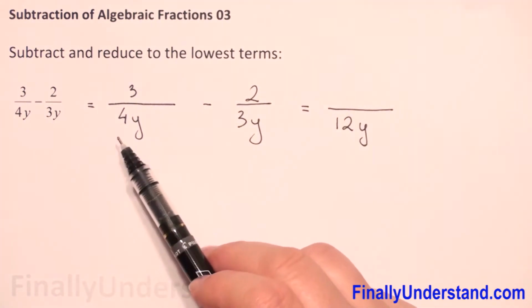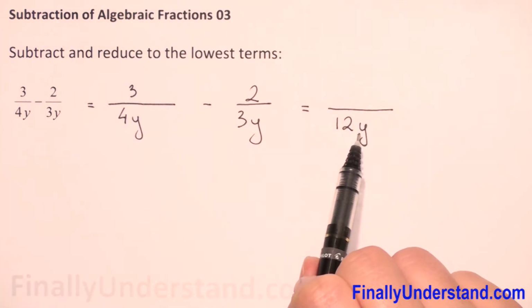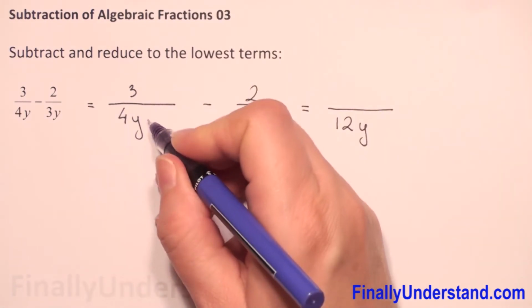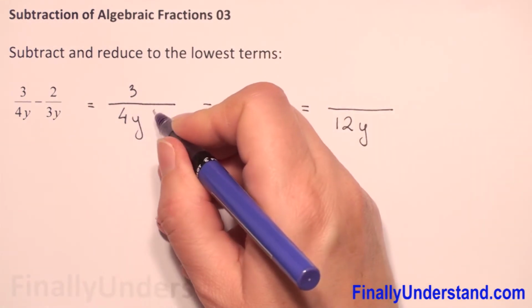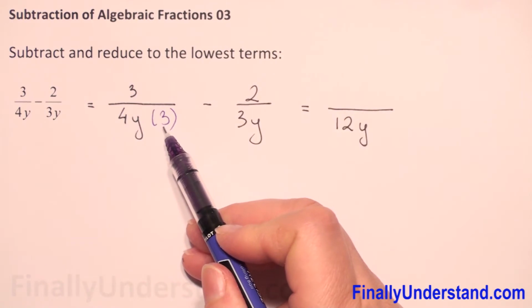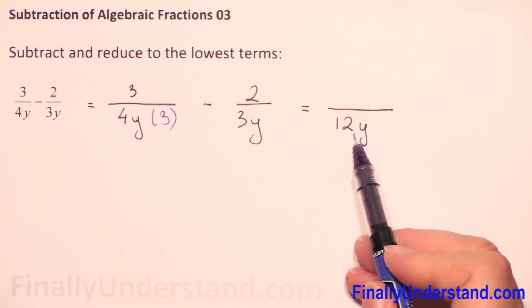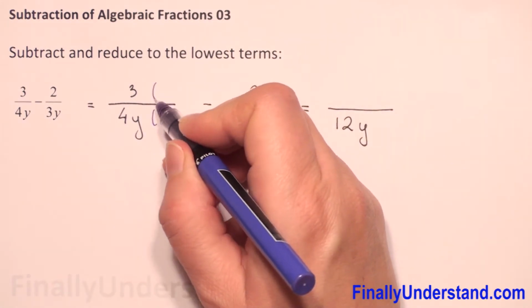Next, at the beginning we have 4y only, and now 12y. So I need to multiply our denominator by which number to get 12? By 3, of course. When I multiply 4 times 3, I will have 12, and y we have to copy. So now I have the same denominator, and if I multiply the denominator by 3, I have to do the same